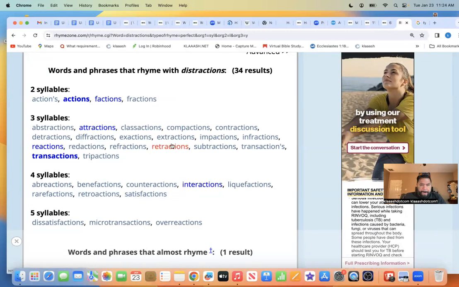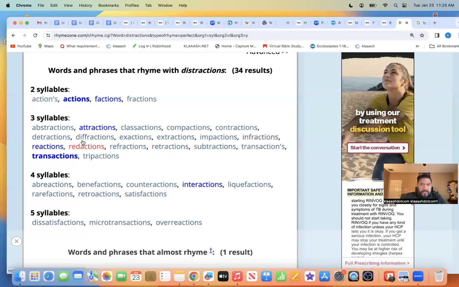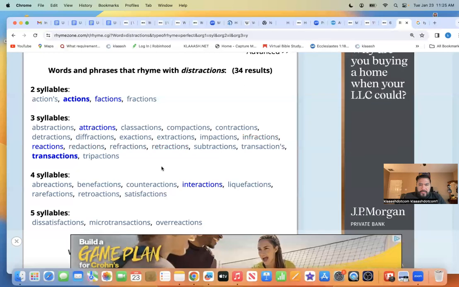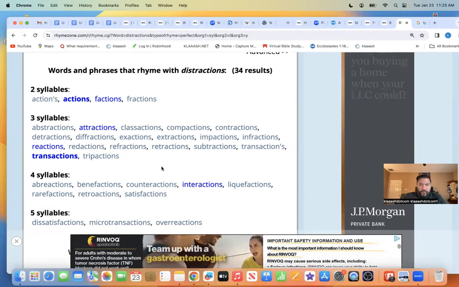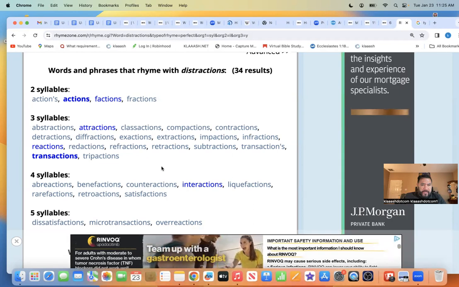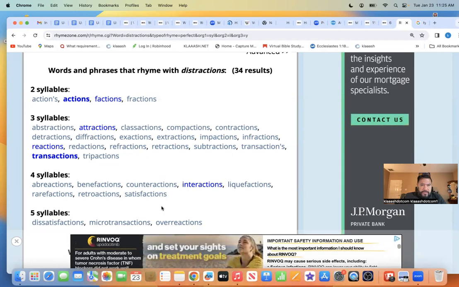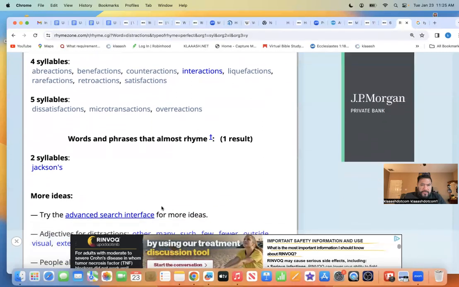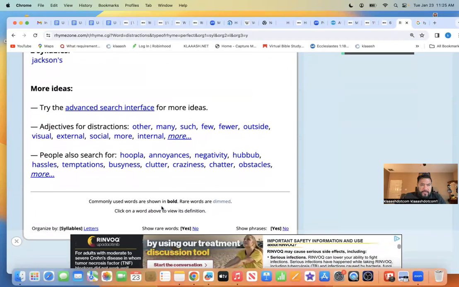Attractions, abstractions, classifications, compactions, detractions, infractions, refractions, overreactions, dissatisfactions. Okay.